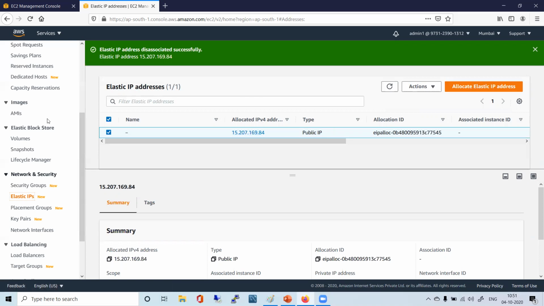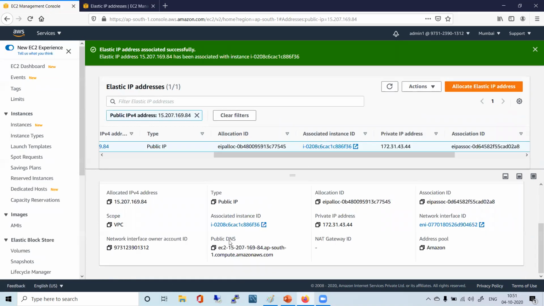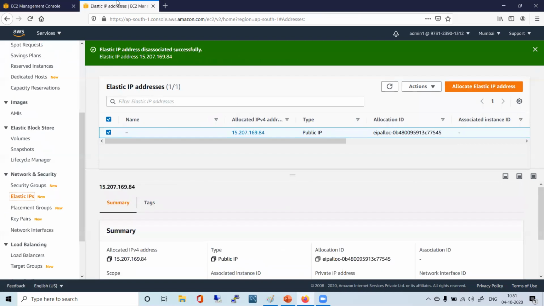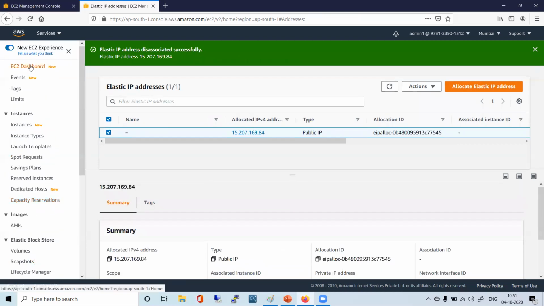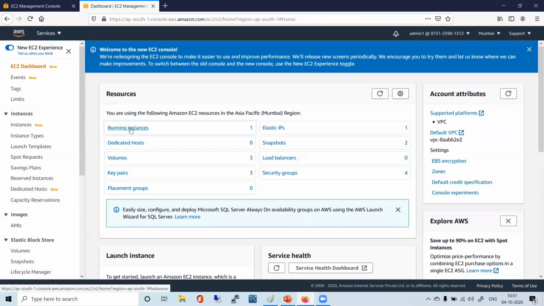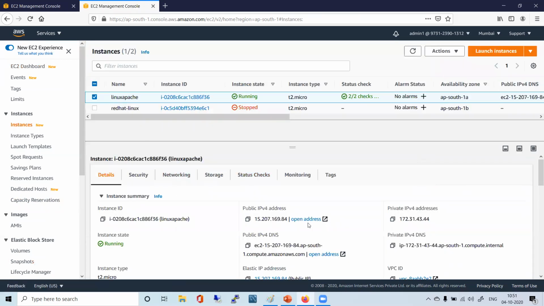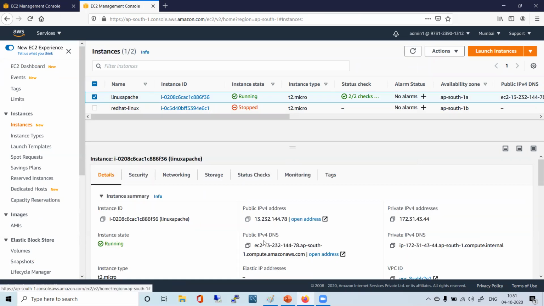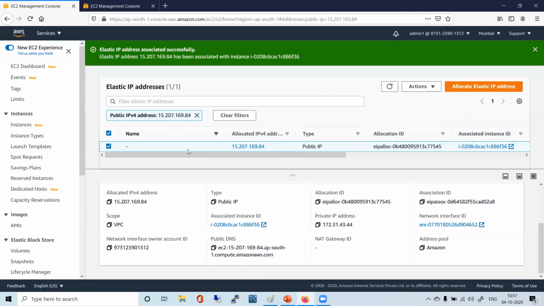After we disassociated, whatever Elastic IP was associated with my running instance, if I refresh, what will happen to that? It will change, I guess. Now it became something else again.